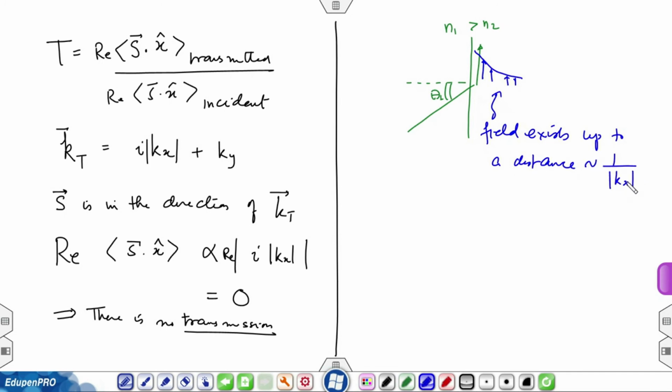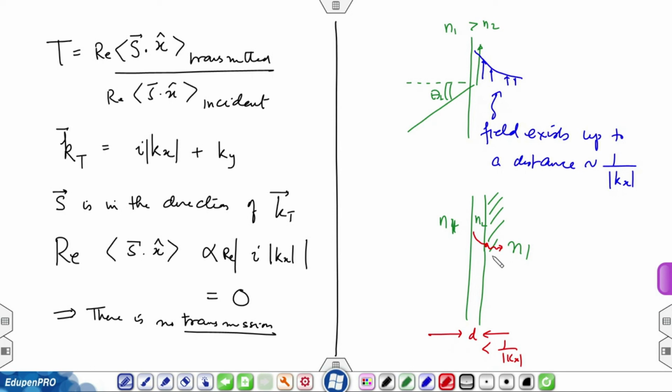So, if I take another medium of, say, the same refractive index n 1, this is n 2, such that the thickness here d is less than 1 over mod k x,